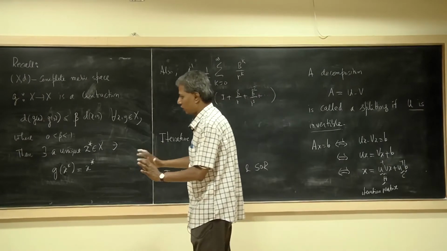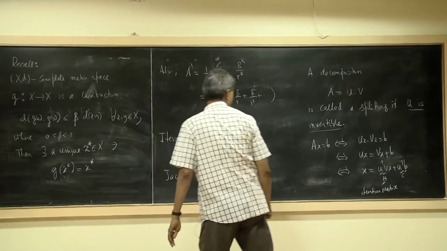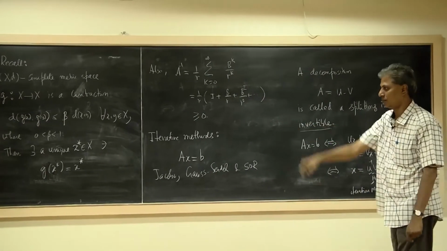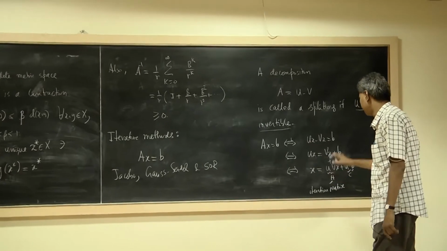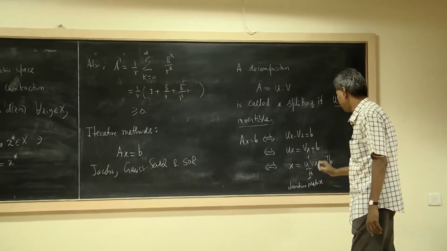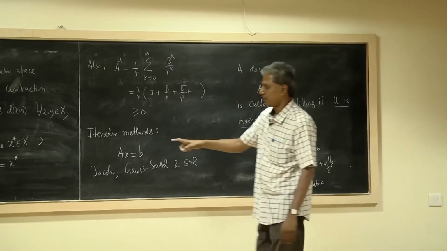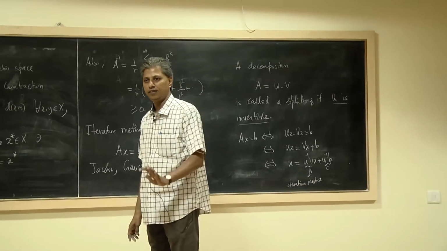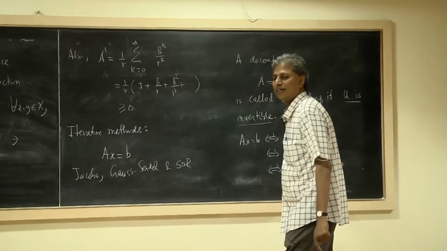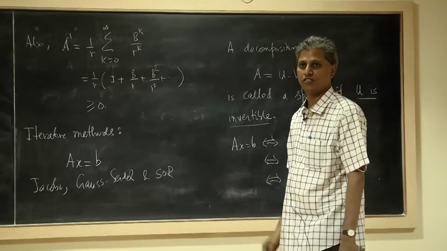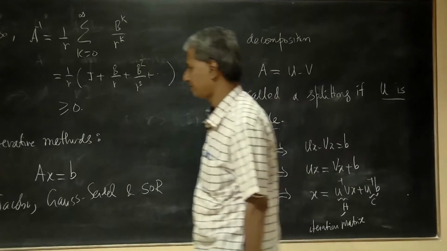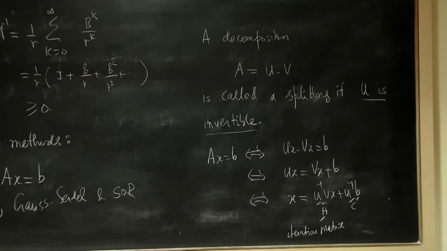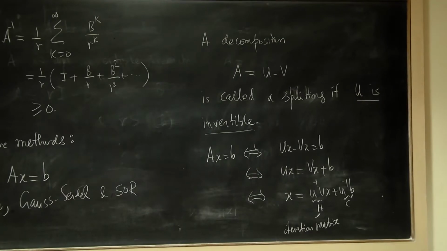So how do you now link this with this situation? So this is a fixed point equation. That's what I wanted to tell you. This is a fixed point equation. If you have some information about h, namely that with respect to some norm, the norm of h is strictly less than 1, then something happens. Then this iterative procedure converges. I'll write that down. But then, what is a norm? You know this problem that